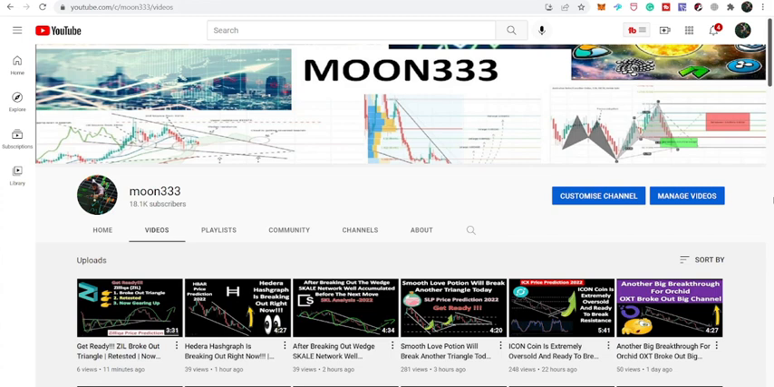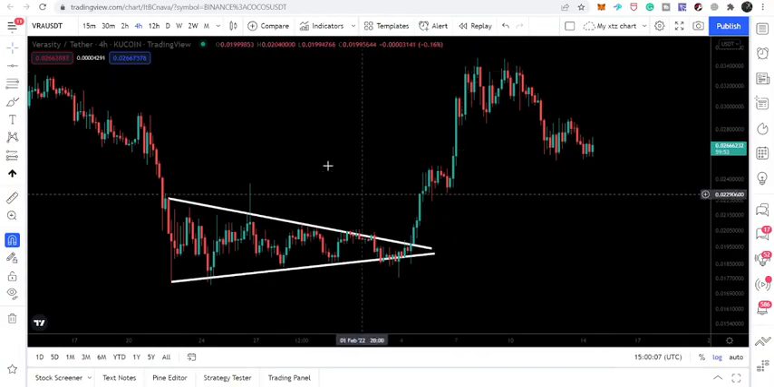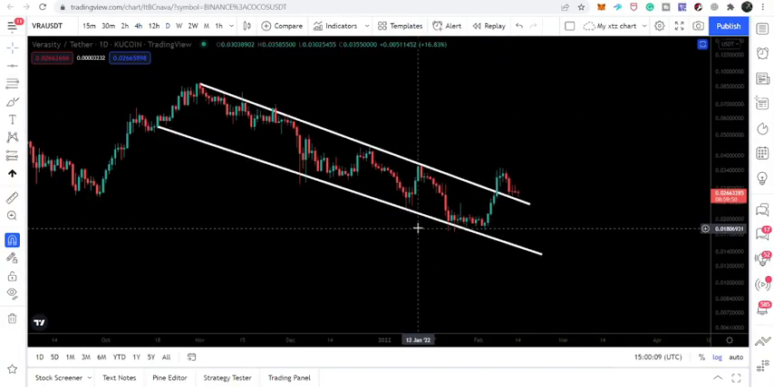Verasity has broken out a triangle and also a very big channel as well. And in today's video, we will take a look at the next expected move and what can be our next